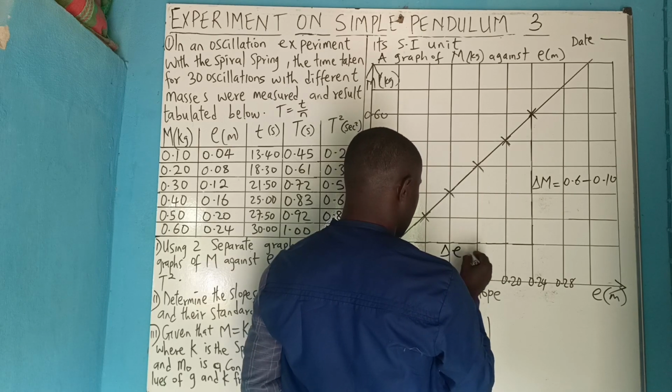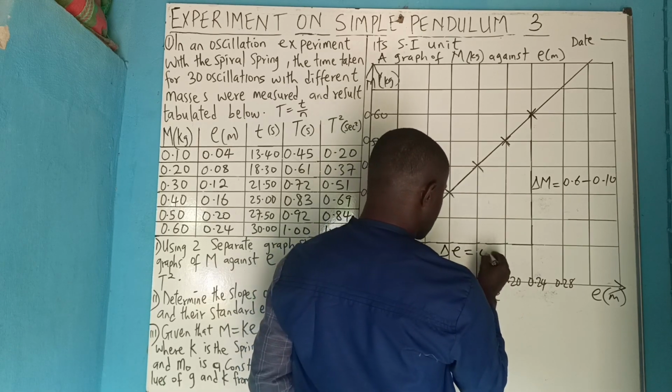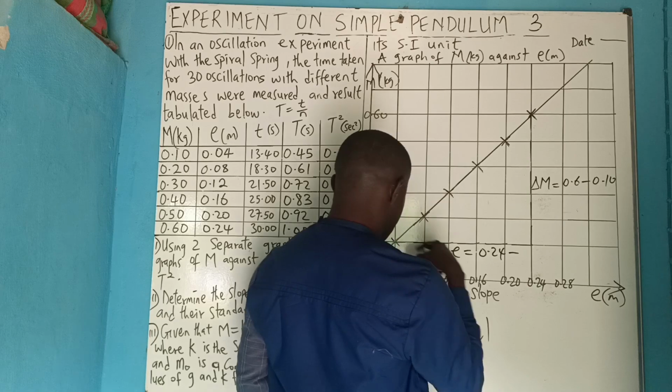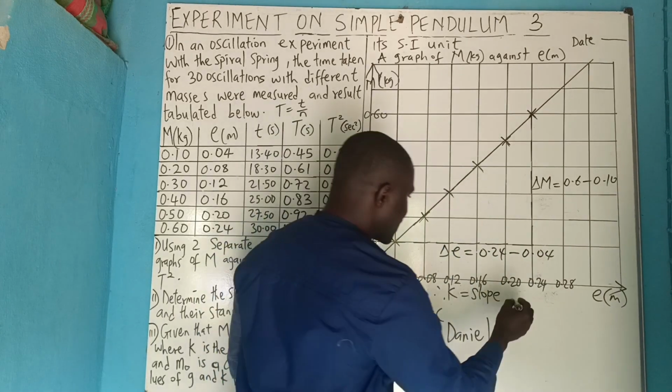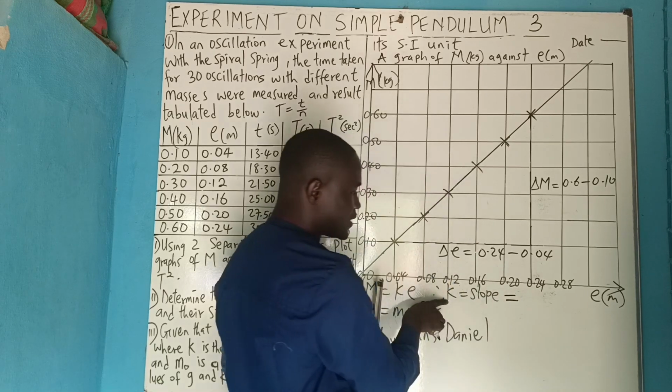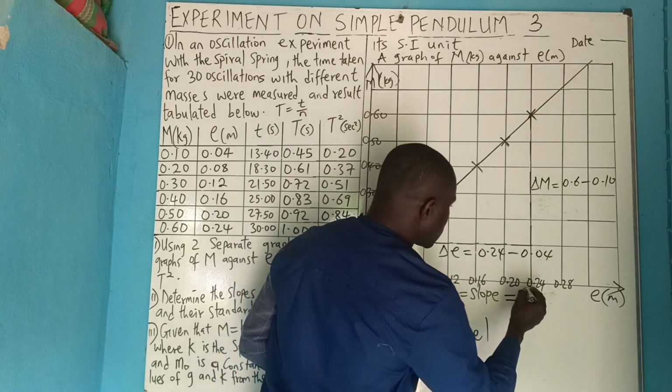Change in e is equal to 0.24 minus 0.04. And so we will say that our slope, which is our k, is equal to change